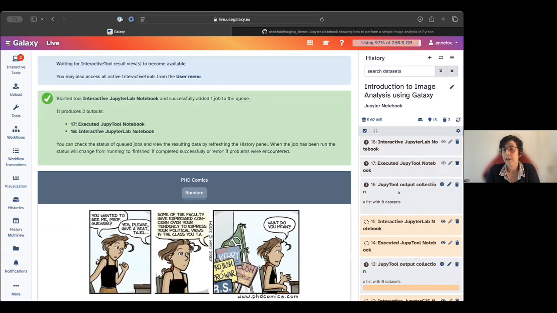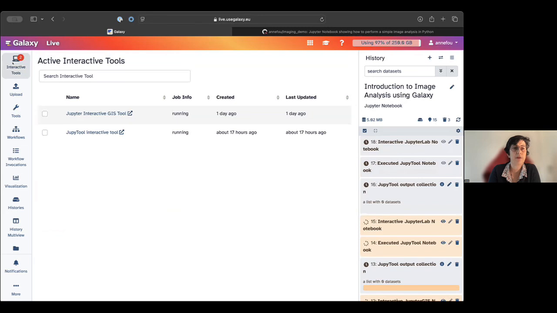As you can see here, it's gray. When it's gray, it means it is not started yet. It's in queue. Because it takes a bit of time for interactive tools, I will use one I have already. Normally, when you have launched an interactive tool, you have these interactive tools here, and when you click on it, you can see what is running. Of course, you see some of the tools I have already started before, because I'm working quite regularly on Galaxy. We will use one that is already running.